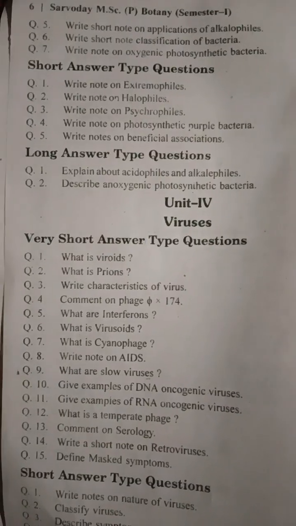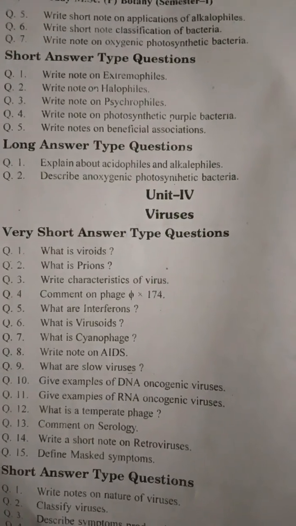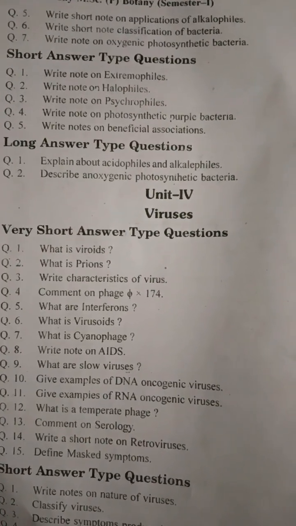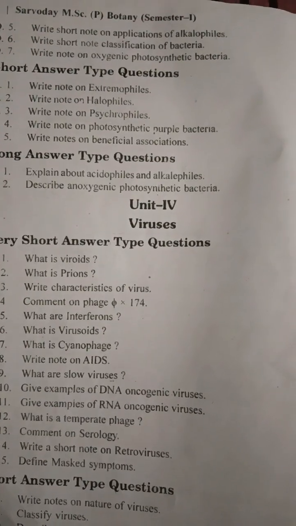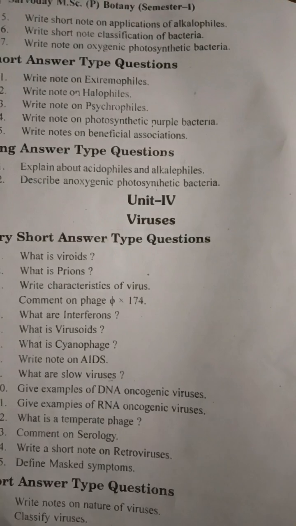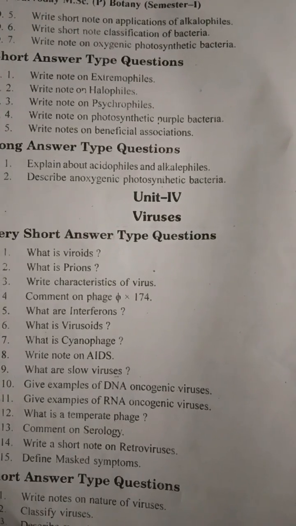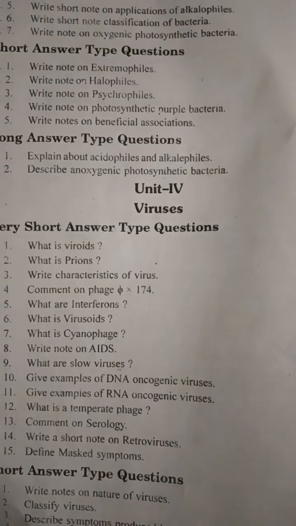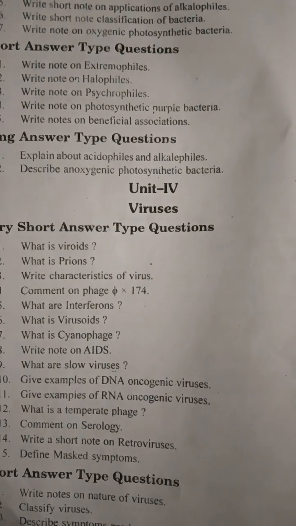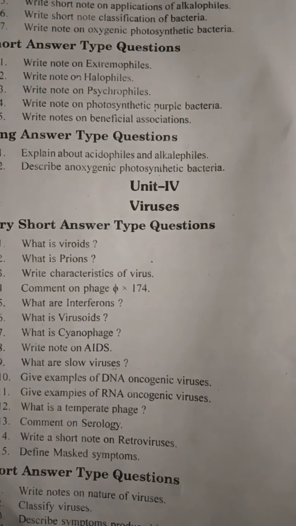Unit 4 is about viruses. What are viroids and prions? Characteristics of viruses, phage virus 174. What are interferons? What is virusoids? What is cyanophage? AIDS viruses, slow viruses,